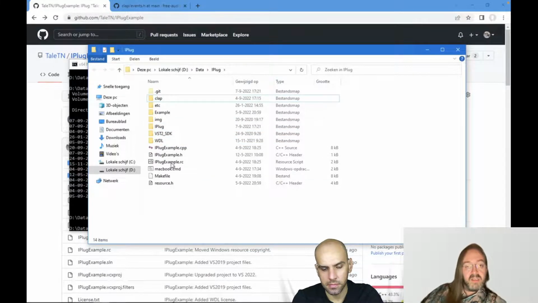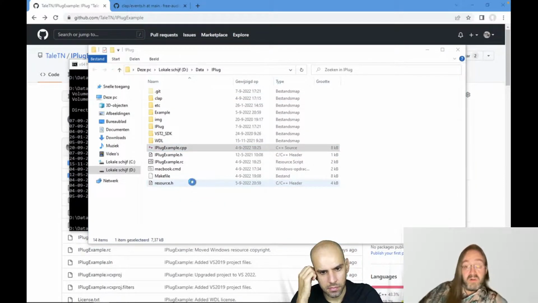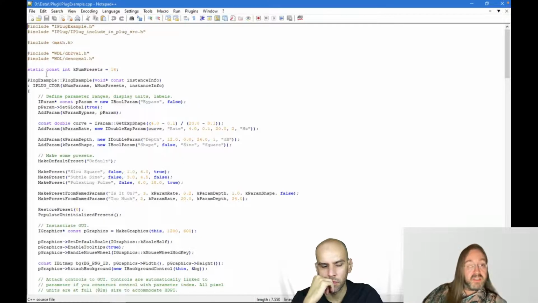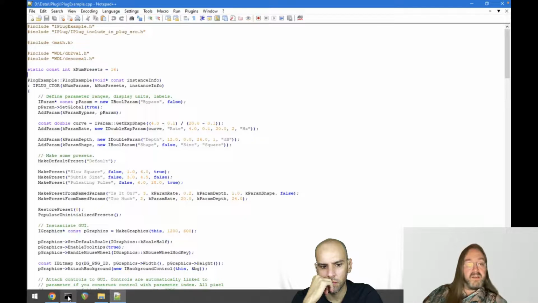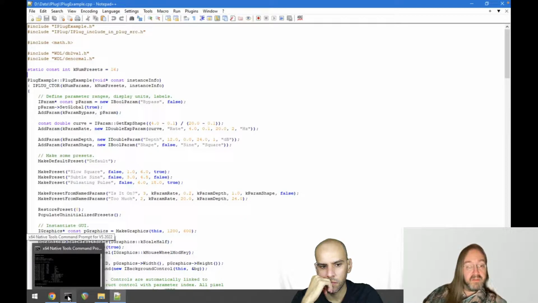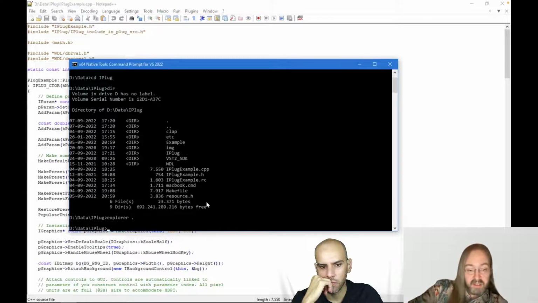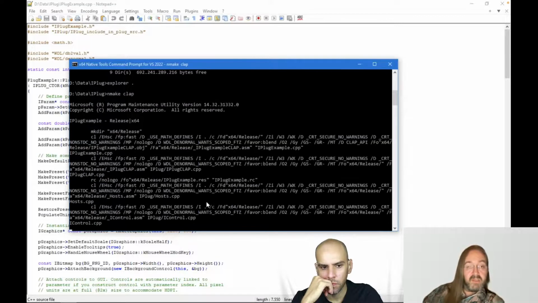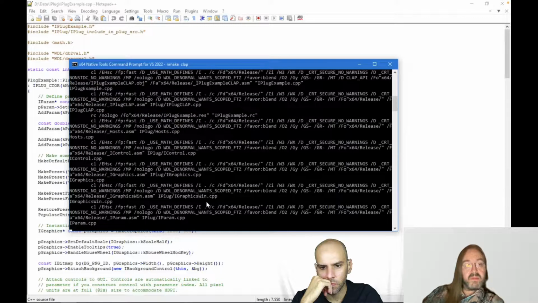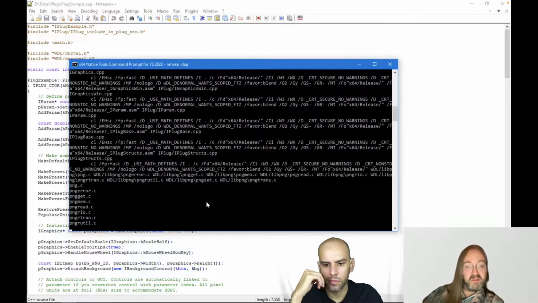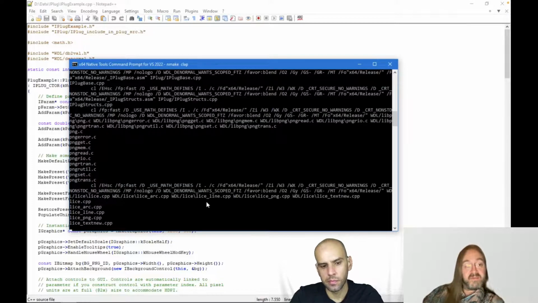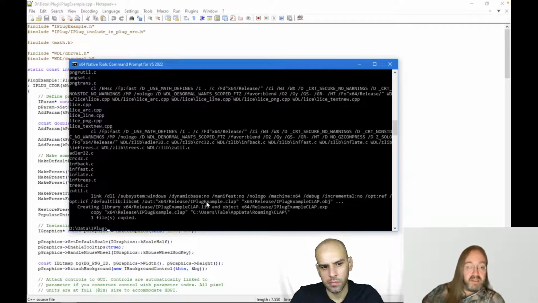And so usually I will open the source code in Notepad++, or another text editor, but usually this. So I will just edit source code here. And then when I think I'm done and I'm ready to build the plugin, I will switch to the command prompt. And then I will just type something like make clap, because that will build the clap version. And so we're now building the clap version from scratch, because I cleaned my build environment before this session. So now it's building, and now it's ready.